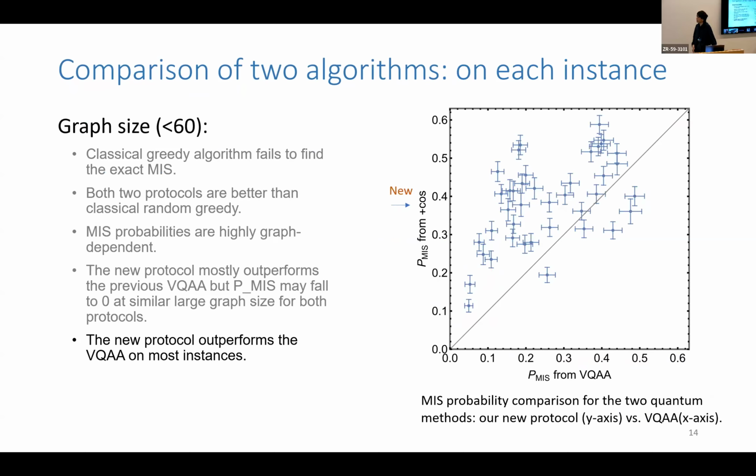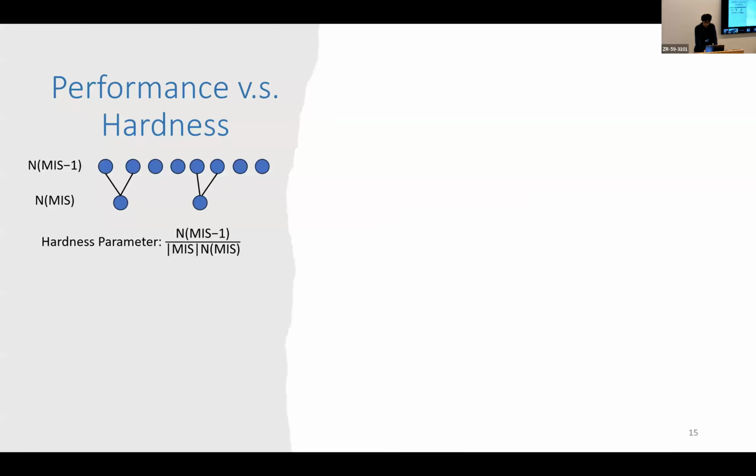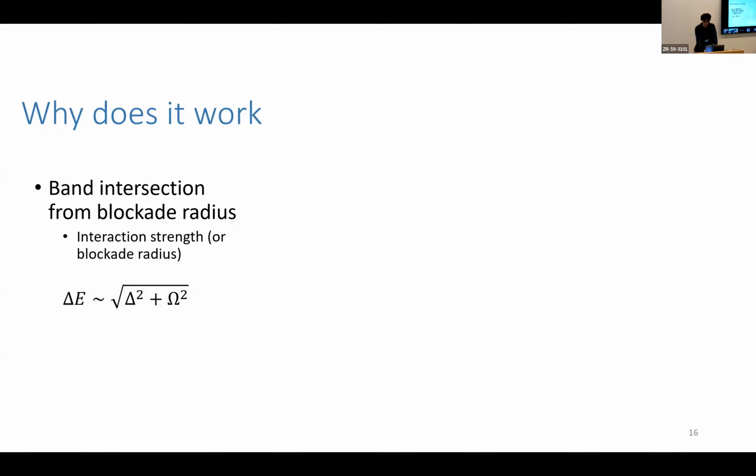And this is a direct comparison of the two quantum algorithms. We fix the graph to be the same geometry, and we compare the two quantum algorithms, one from the previous work and one from our new algorithm. And we see that for most graph instances, our new protocol performs much better. I probably have to go through this quickly, but I'll briefly describe